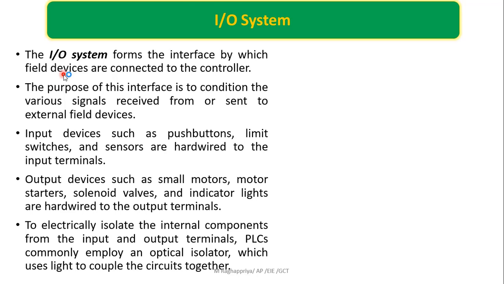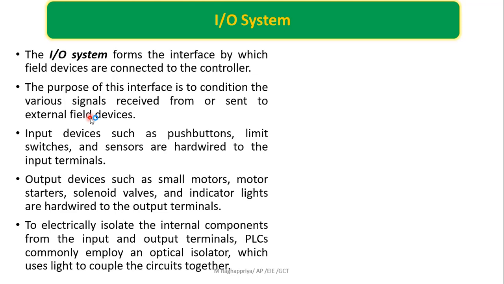The processor understands only digital signals. The field devices might be digital or analog. Digital might be on or off, that is 0 or 1. Analog is like a level sensor. There is a difference between a level switch and a level sensor. A level switch is on if it attains a particular level, and off if not, so you will get 0 or 1 as your output. Whereas in the case of a level sensor, at each and every point of time I can get the value of level in a tank. So there is a difference between these devices, but your processor understands only digital signals.